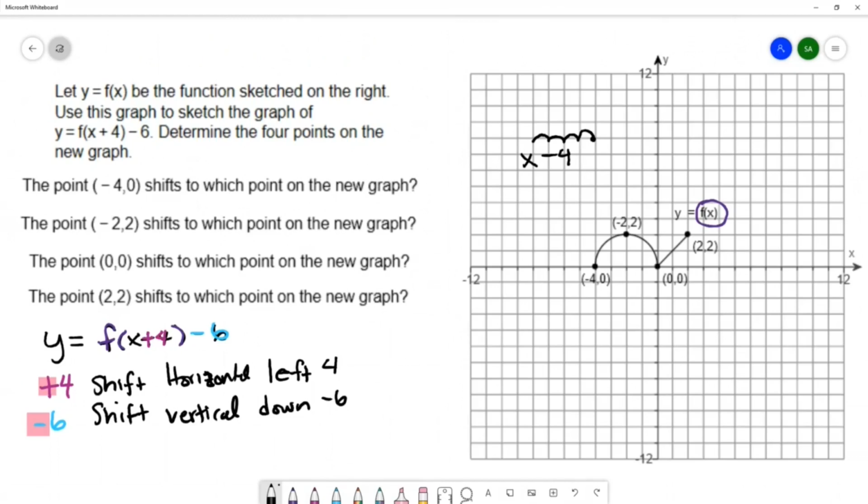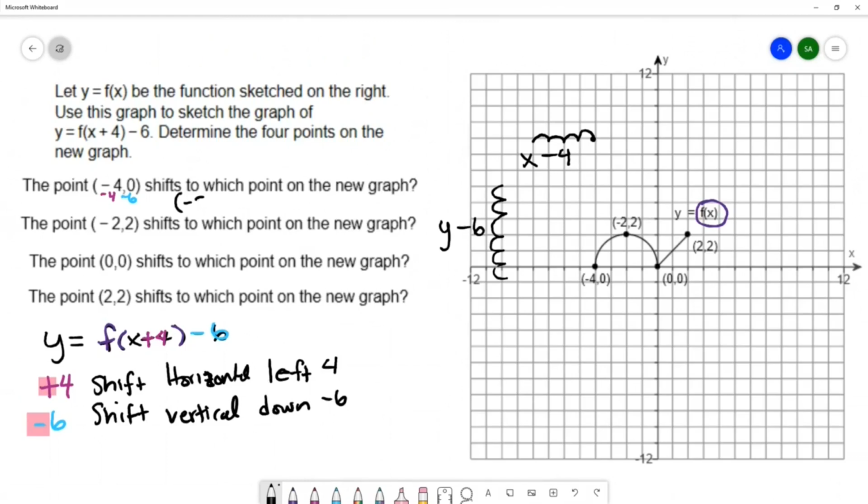And if I move down 6, that is subtracting 6 from whatever the y coordinate is. So on every one of these ordered pairs, I'm going to subtract 4 from the x, and subtract 6 from the y to get to my new point on the graph,